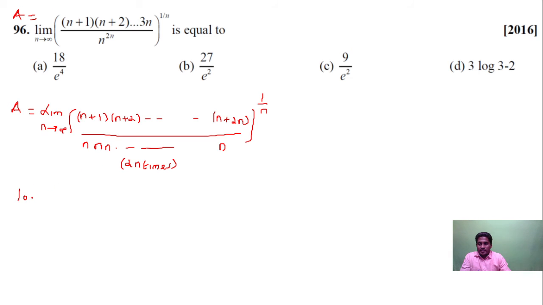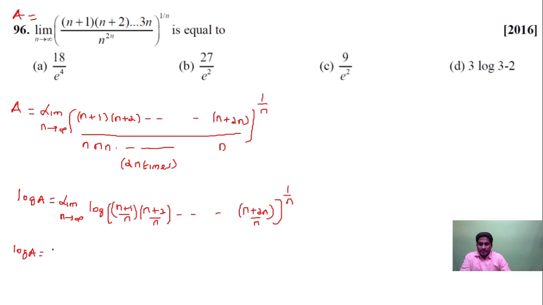If I take log on both sides, you get log a is equal to limit n tending to infinity of log of (n plus 1) divided by n, and then (n plus 2) divided by n, and so on. It will be (n plus 2n) divided by n whole to the power of 1 by n. Log m power n is equal to n log m, so this is equal to 1 by n limit n tending to infinity of log of